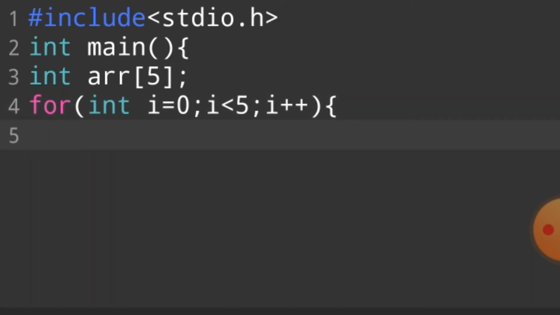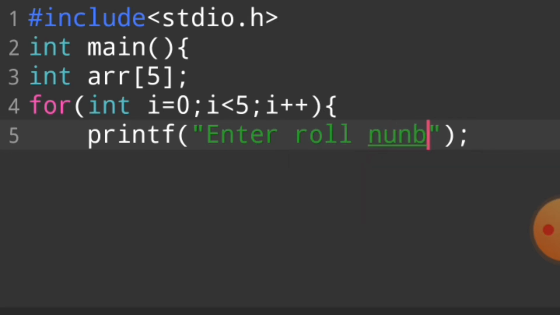So I want our user to see printf: enter marks of subject.